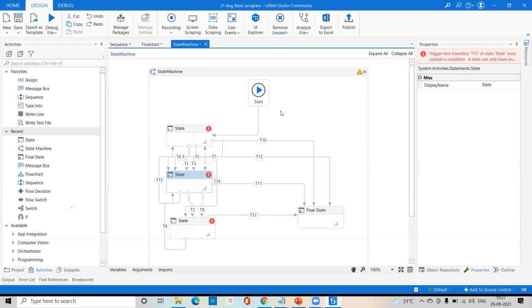In a state machine we have a transition. Transition is nothing but the connection from one state to another; that is called a transition. In transition we have two types: forward transition and reverse transition. Forward transition, we can go from one state to another state, and from a state to the final state we can go forward, but reverse is not possible in the final state.